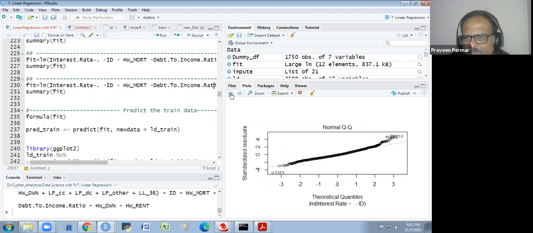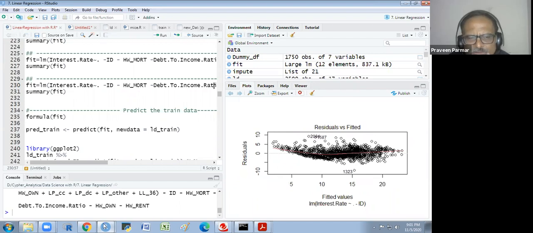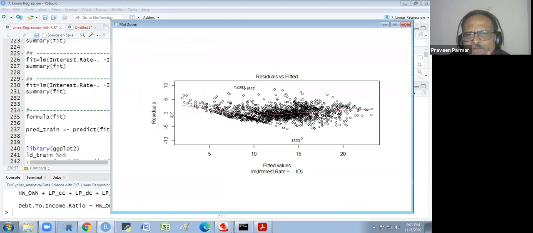Here also, in the first graph, you see this is our residual, 0, and these are our fitted values, the trend of our model's fitted values. There are some outliers also. And our model's fitted line, the red one, is not a straight line. It is just like a parabolic curve. Getting it?